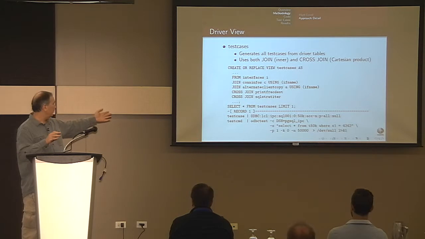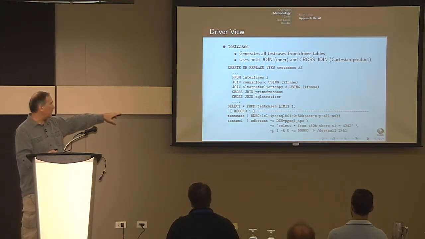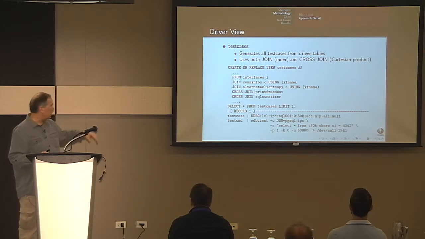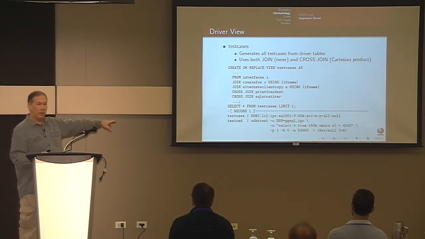So this is an example of what a test case looks like. The test case string is just a concatenated short description. So ODBC, LCL, IPC is the ODBC interface, local, BSD socket. SQL 001 is one row at a time. 0 means I'm going to query it every time. 50K means I'm going to do it 50,000 times. ACCN is the normal interface. P-all means I'm going to print them all, and null means it's going to go to dev null for that particular case. And then what you can see below it, and hopefully you can see that in the back,